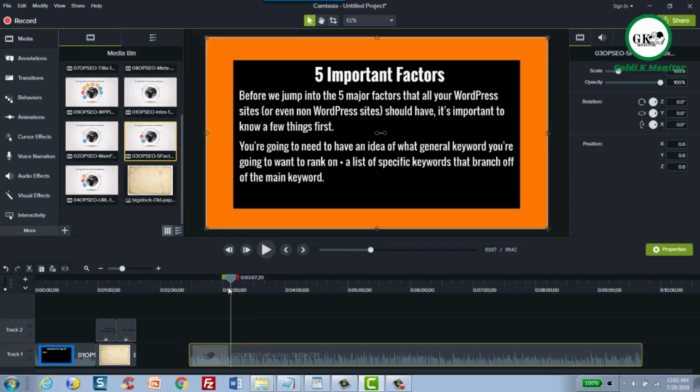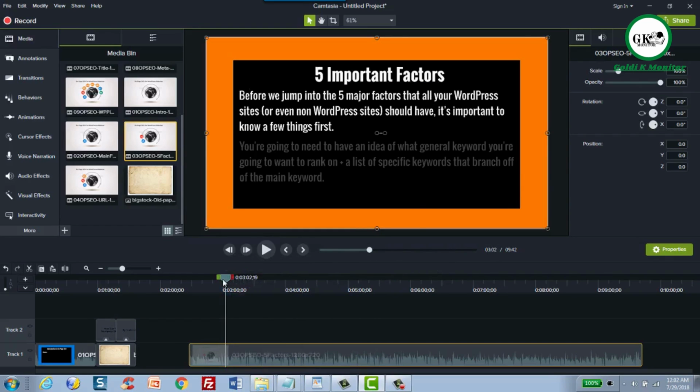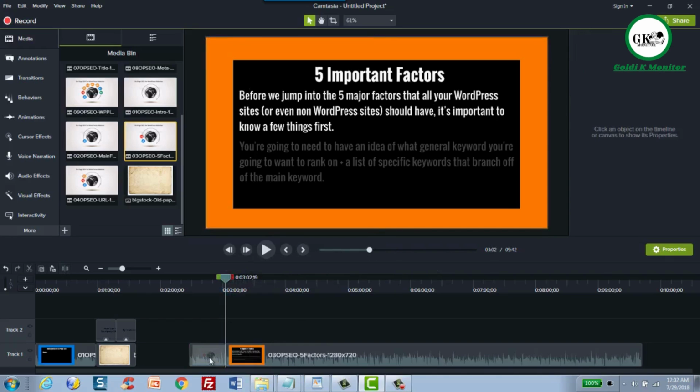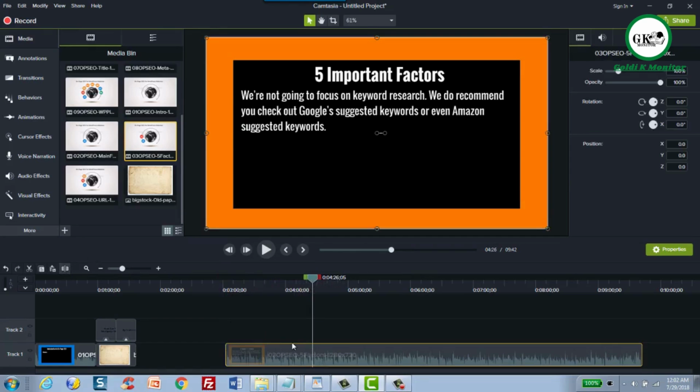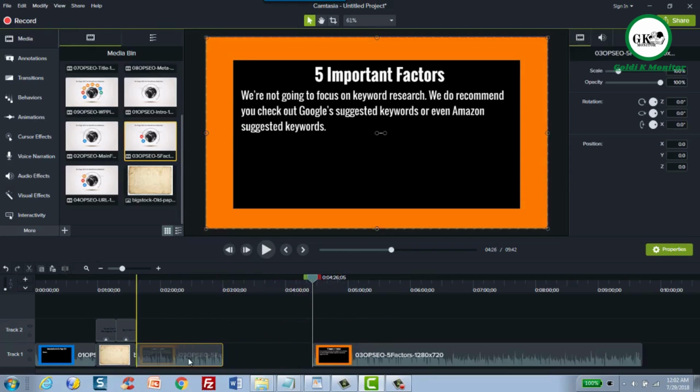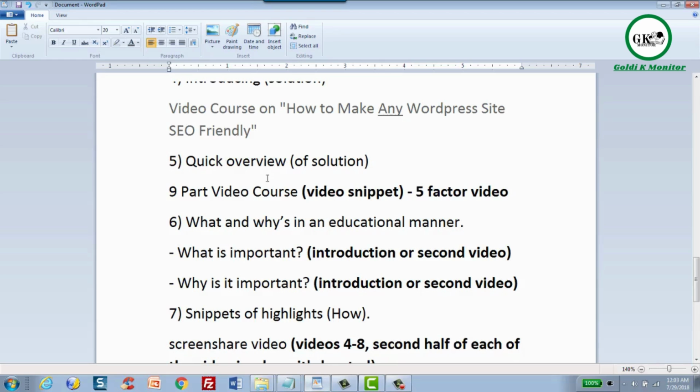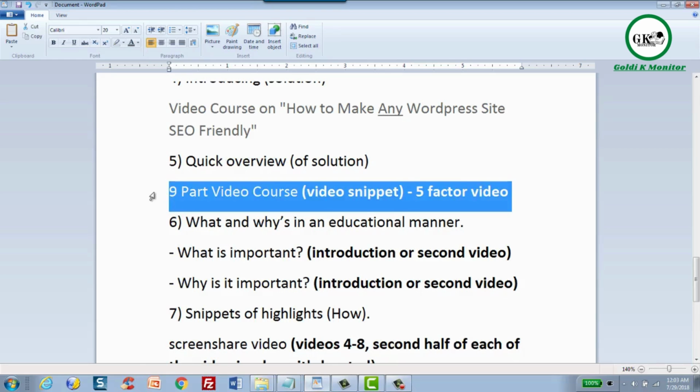So let's say, for example, that the snippet that we want starts from here and then it ends in here. So if that's the case, we want to put the marker here. We want to split it. And of course, delete everything to the left of it. And let's say that it ends right here. We'll split. And then we'll move that right here. All right. And then we move on to the next item, which is the